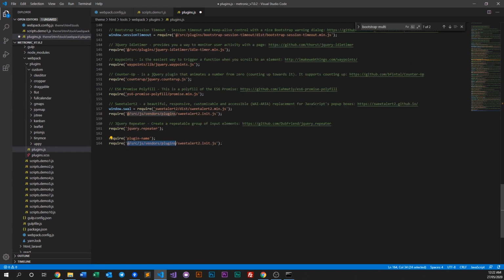So the path would be, say this is plugins. Let's say this is your plugin. So maybe it's called new plugin/plugin.js, something like this, for example. And that's pretty much it. It then gets bundled up into the global bundle and then gets included into your project. And yeah, so that's pretty much how you can add